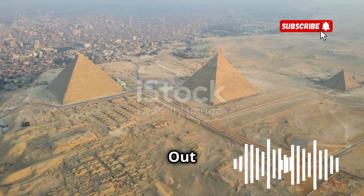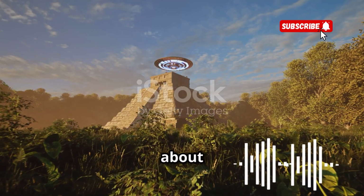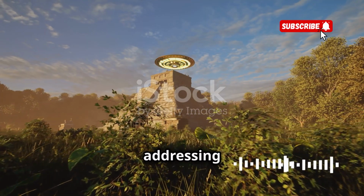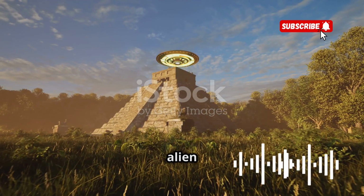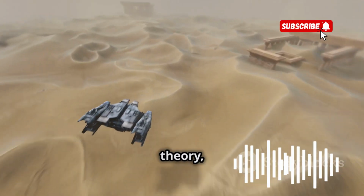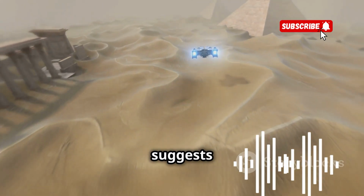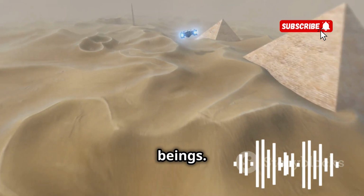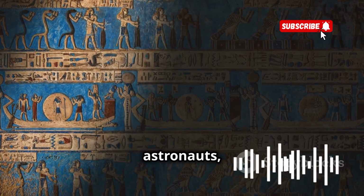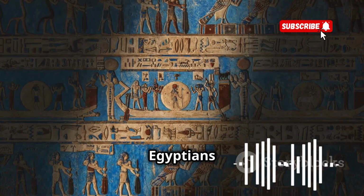Section 5. Out of this world, the alien intervention theory. No discussion about the pyramids would be complete without addressing the elephant, or rather, the alien spaceship, in the room, the alien intervention theory. This theory, popularized by science fiction and conspiracy theorists, suggests that the pyramids were built with the help of extraterrestrial beings. Could it be that ancient astronauts armed with advanced technology descended upon Earth and aided the Egyptians in constructing